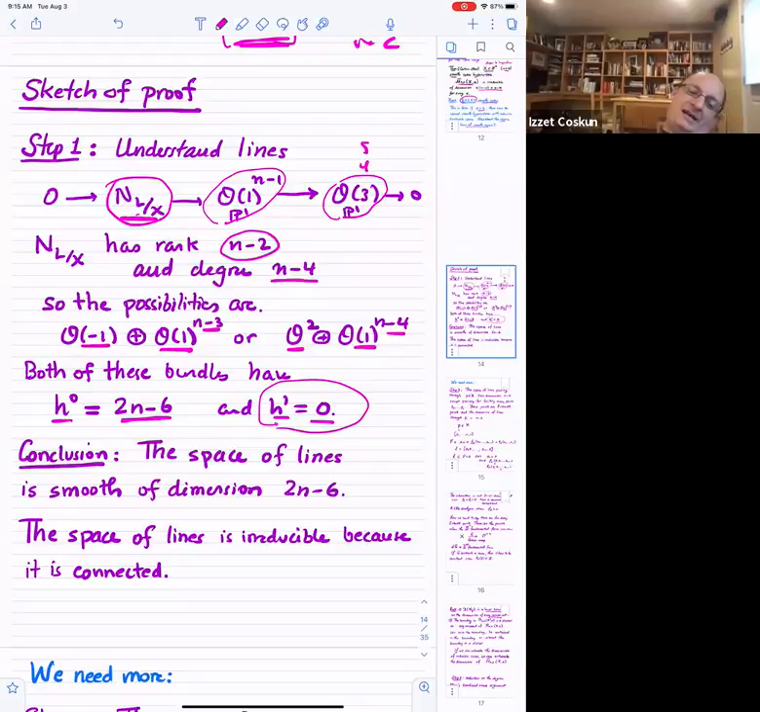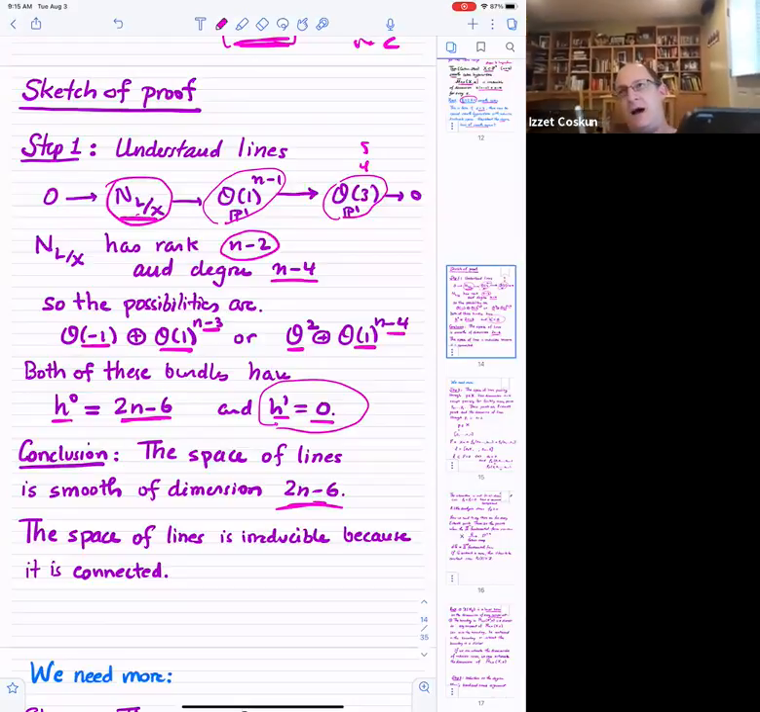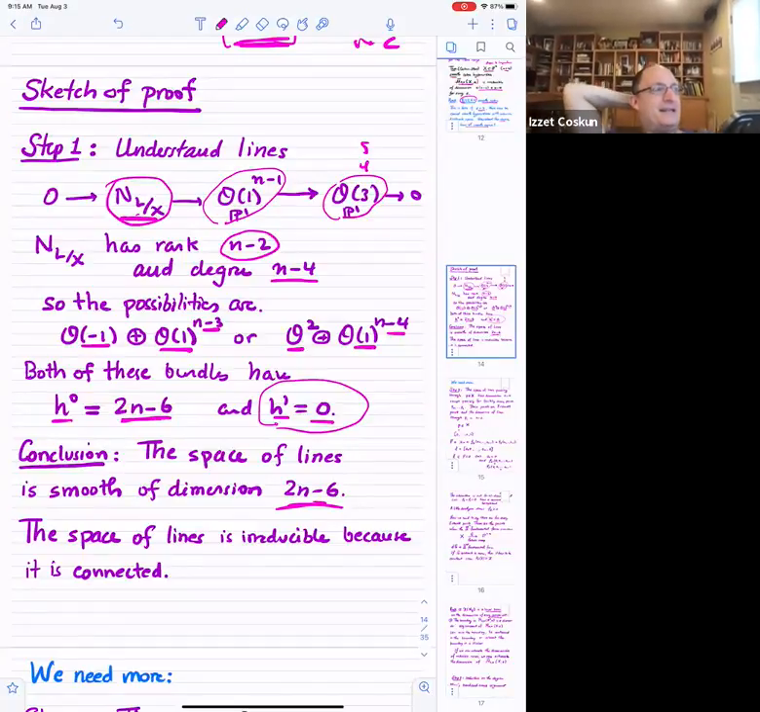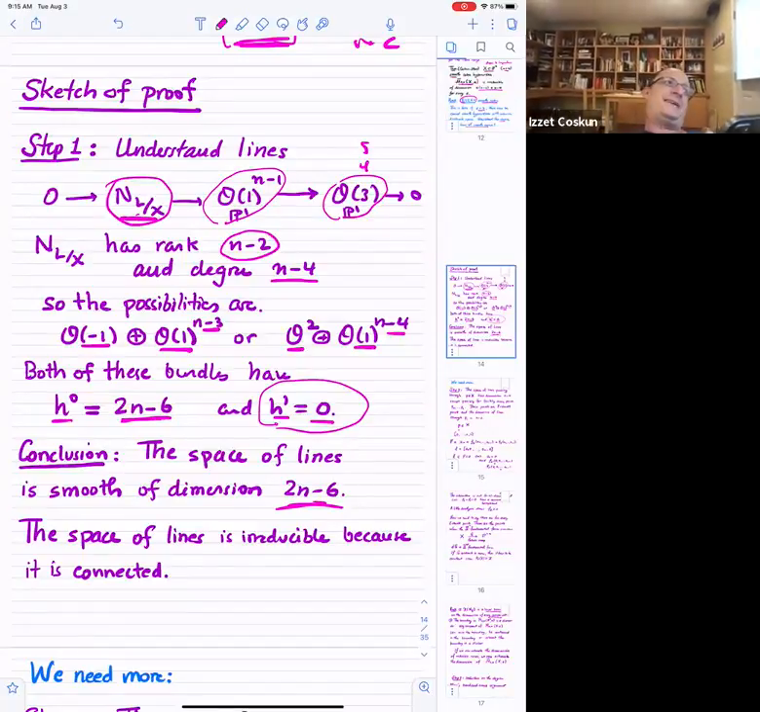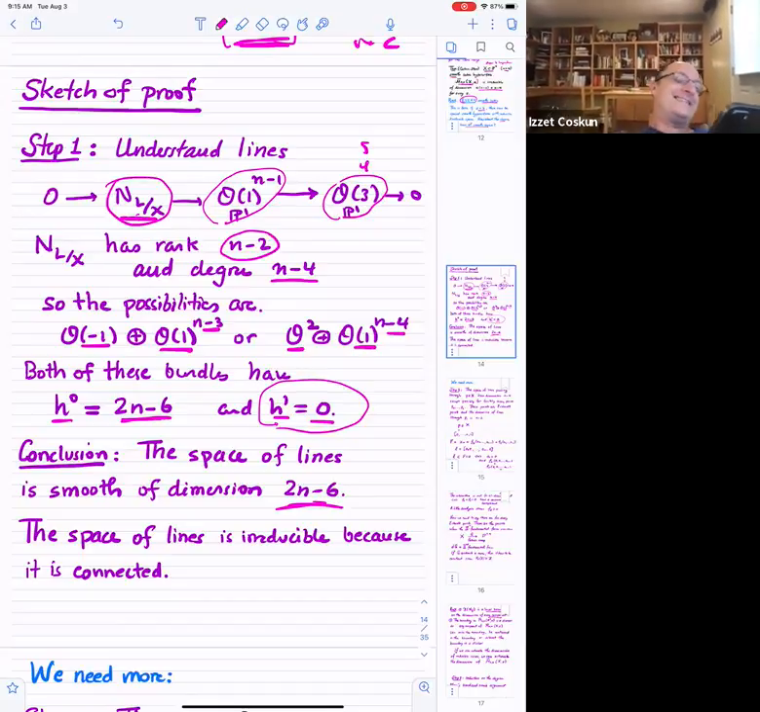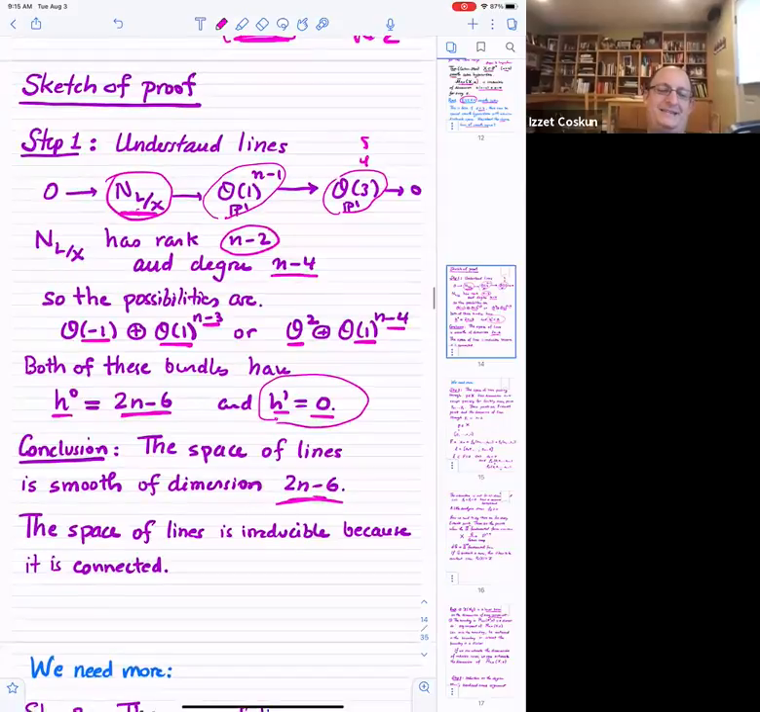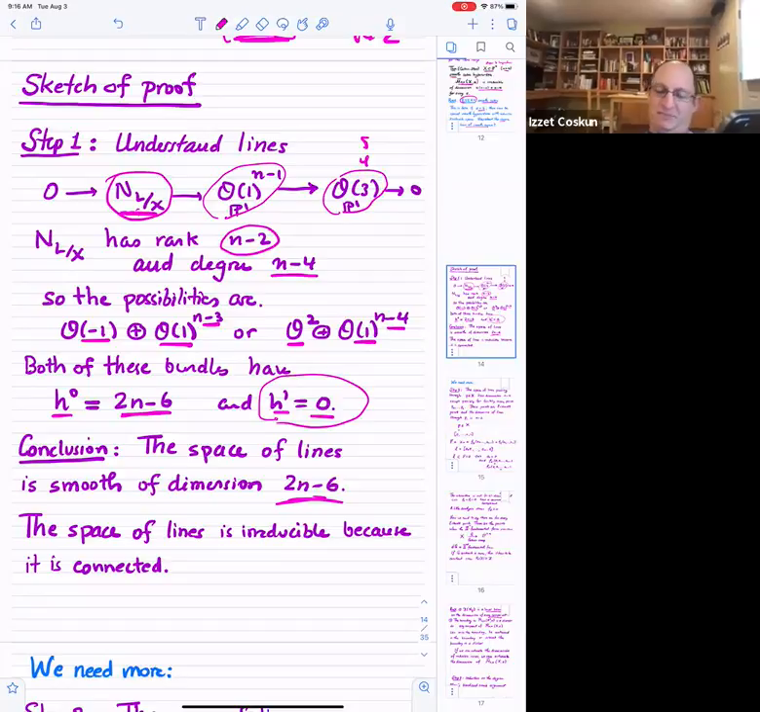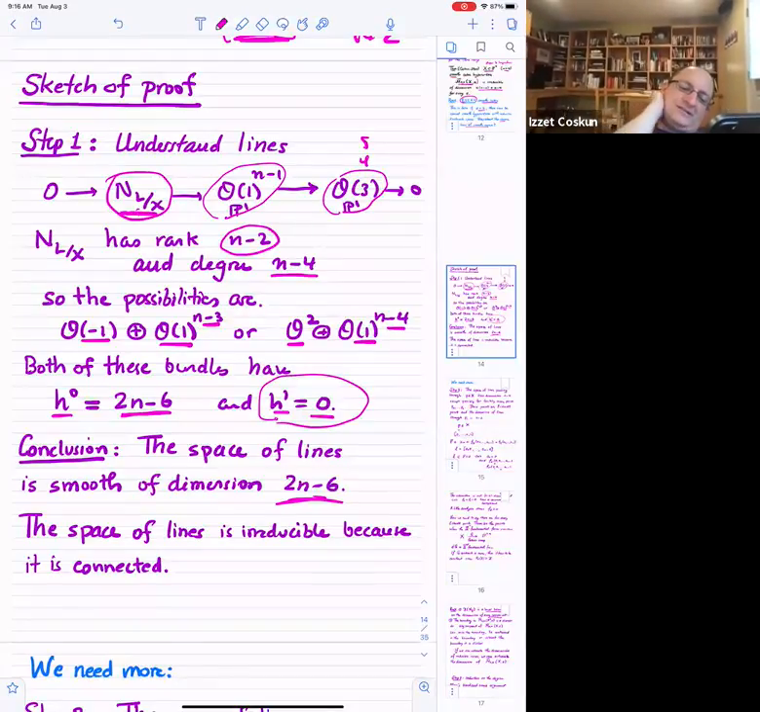So the space of lines is smooth of dimension 2n-6, and it's irreducible because it's connected. The space of lines in the Fano range is always connected. Well, most of the time it's connected, let me say. The connectedness is easy because you can ask what the space of lines passing through a point is, and it's given by a complete intersection. If the number of equations is small, as in the case of cubics, then that's going to be connected. Okay,